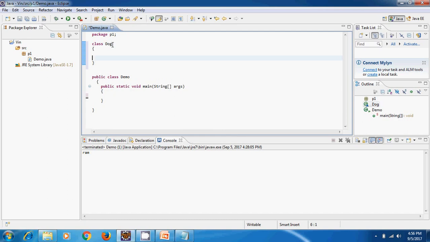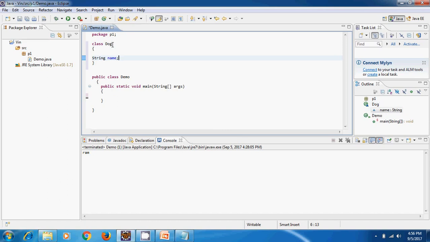Implementation is very important. Coding is very easy if you feel the coding here. In the Dog class, a string for the name of the dog. Name should be a string type.